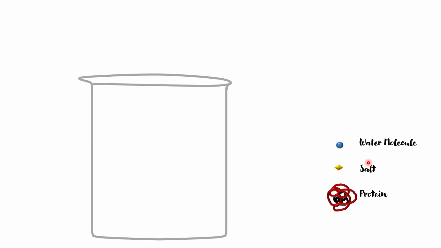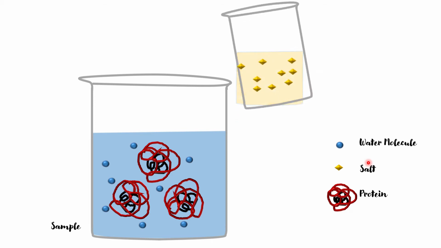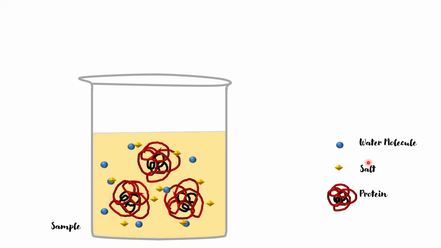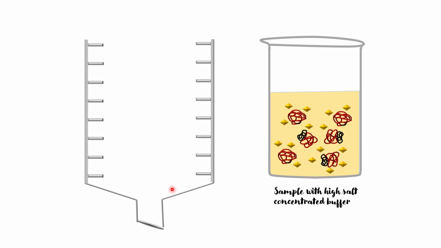The same thing happens in HIC chromatography. We use our sample with a high salt concentration in order to change the protein conformation and release the hydrophobic patches. As there is a high salt concentration, the hydrophobic patches are exposed. In the next step, we run this sample in the HIC column. This is an HIC column and these are the hydrophobic matrix. And see, there are other proteins that I have labeled.